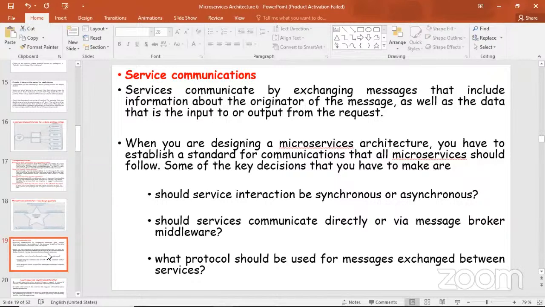Service communication is by exchanging messages that include information about the originator who is sending the message, as well as the data that is the input to or output from the request. Now, when you are designing a microservices architecture, you have to establish a standard for communication that all microservices should follow. Some of the key decisions that you have to make are: